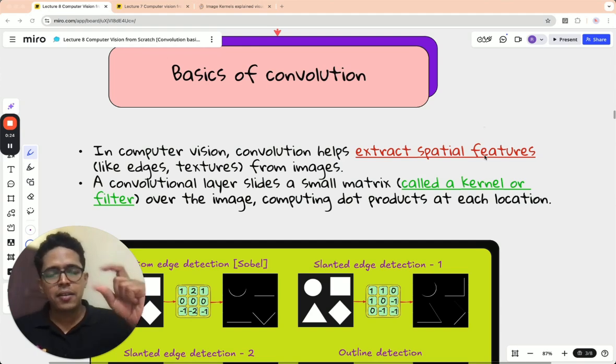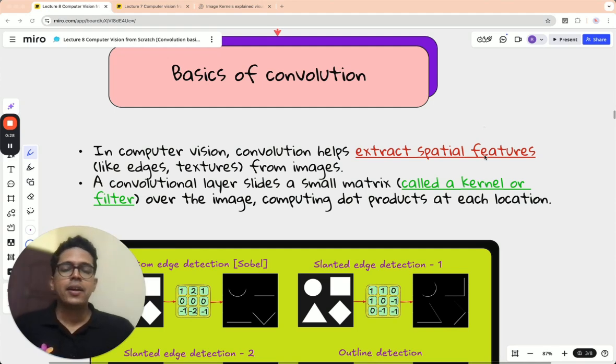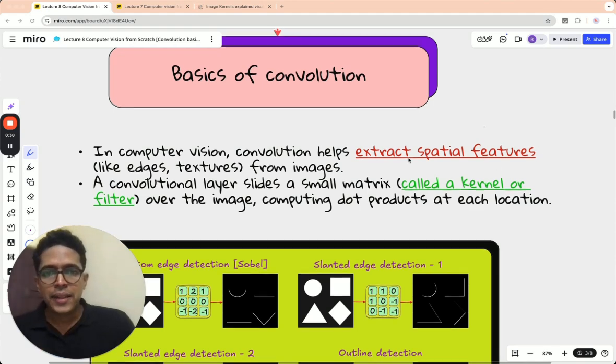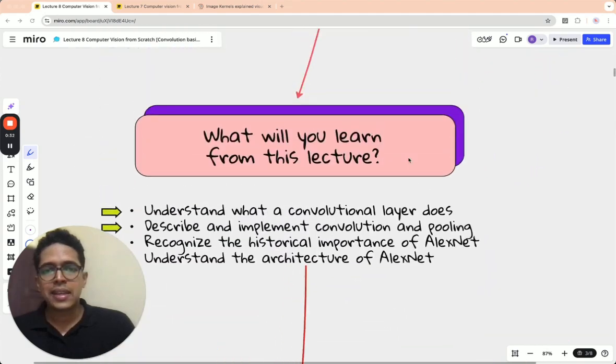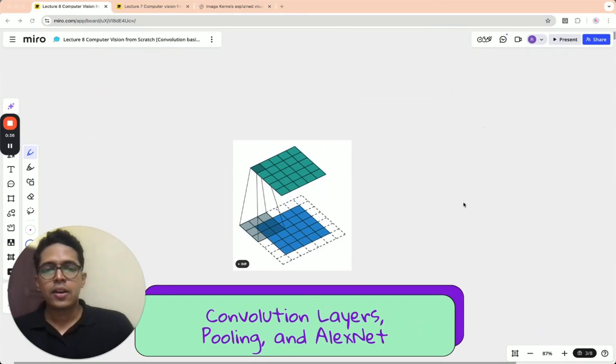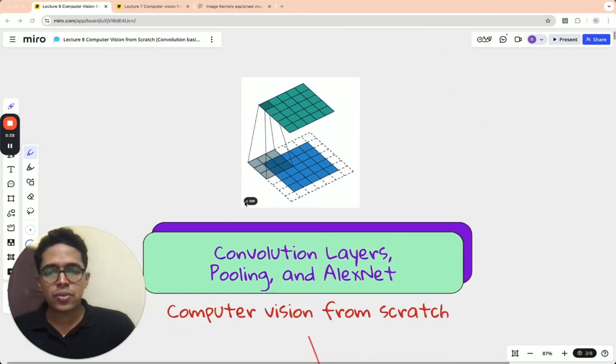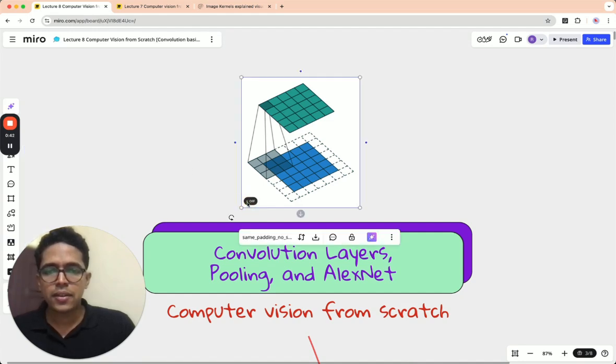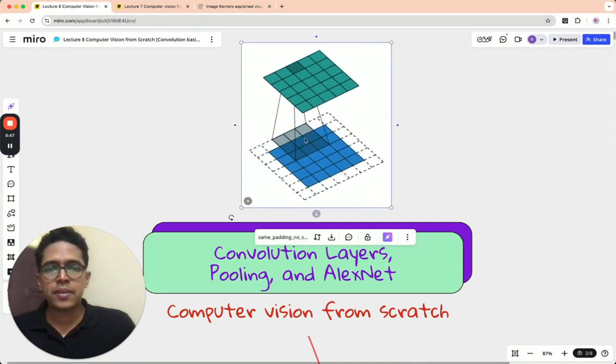So this filter will be applied over your image to produce a resulting image, right? There is a GIF that I have added here at the top of this lecture. Let me play it so that you can see the convolution operation as an animation. If you take a look at this animation, you will see how convolution happens, where this 3 by 3